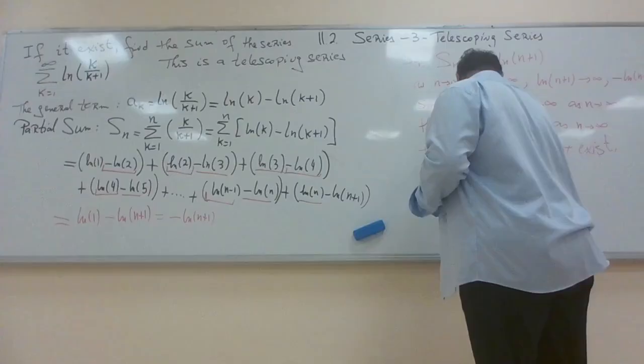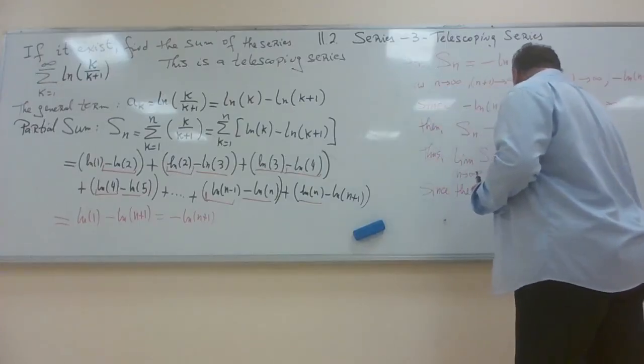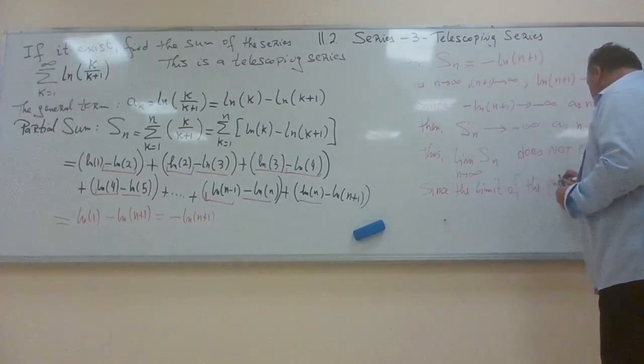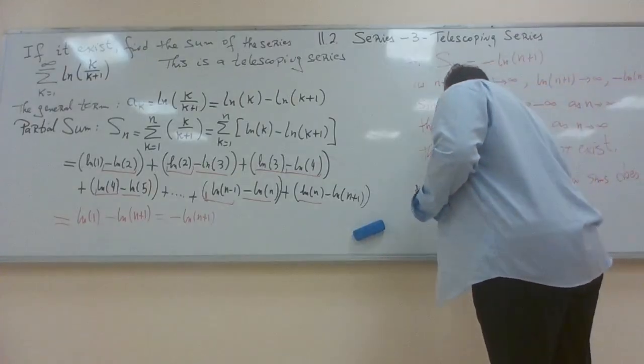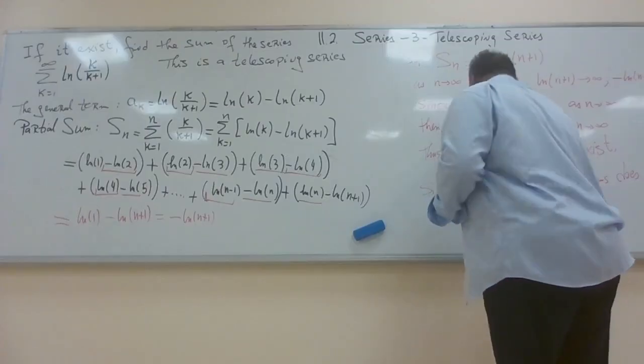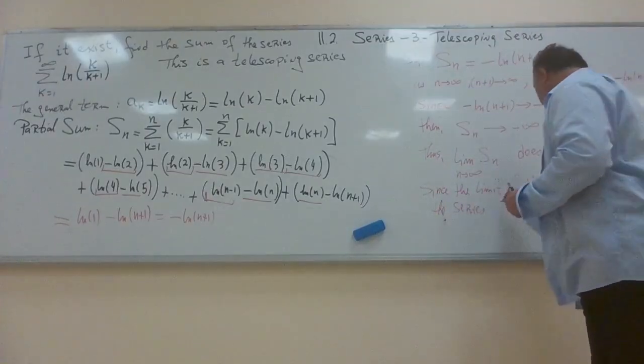Since the limit of the partial sums does not exist, then the series, which is a telescoping series, by the way,